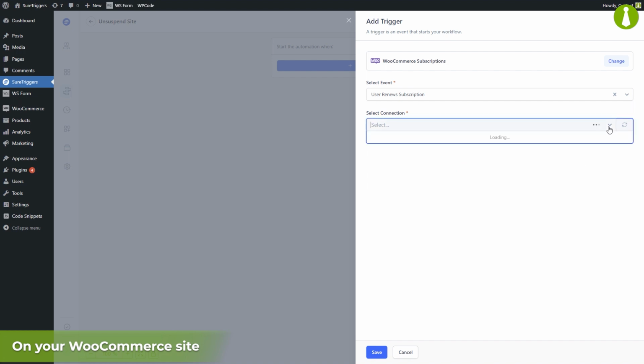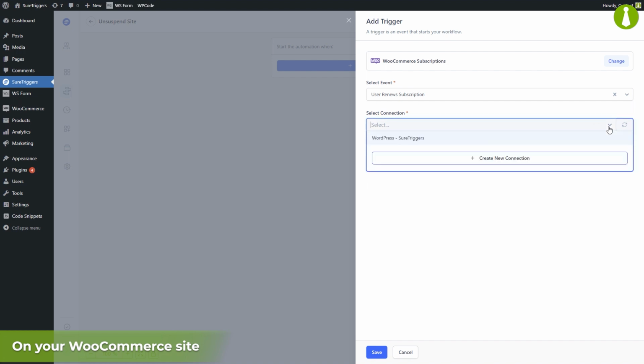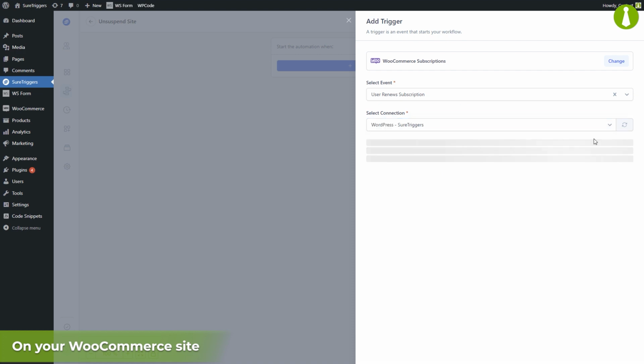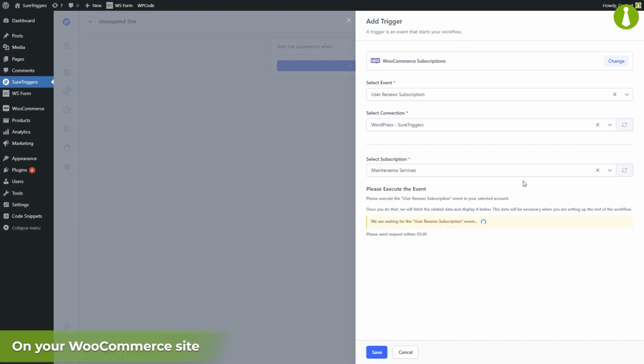Here, you will see a list of all connected WordPress sites. We have only connected this one where the WooCommerce is configured, so let's select it. Now, we're going to select the WooCommerce subscription product that we want to watch for renewals. Now we'll make a sample subscription renewal so the SureTriggers can see what data it should expect when it happens